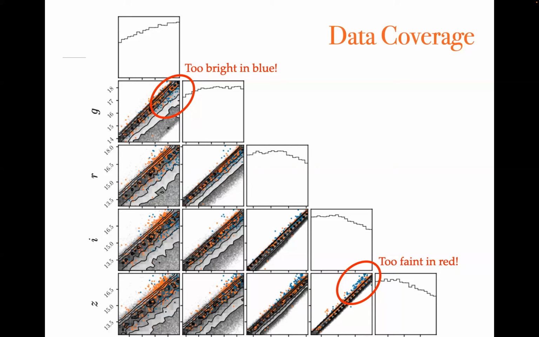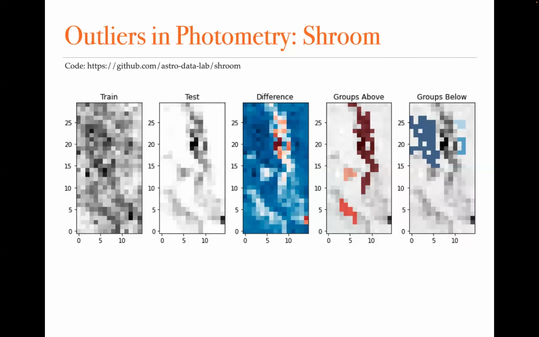So if you then try to run inference on an object that comes from that population, you run your normalizing flow in extrapolation mode. So you run it outside of its training regime. That's never a good idea for neural networks. So let's not. And that means that we have to find outliers in the photometry. And there's the question, what is an outlier in photometry? It is, in this case, the existence of a different population of galaxies compared to our expectation